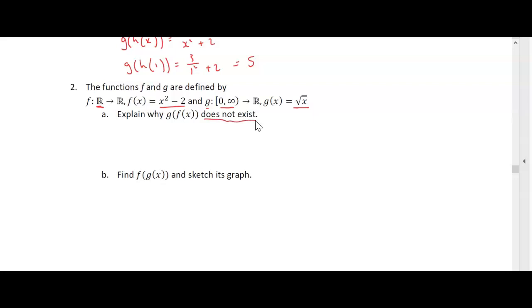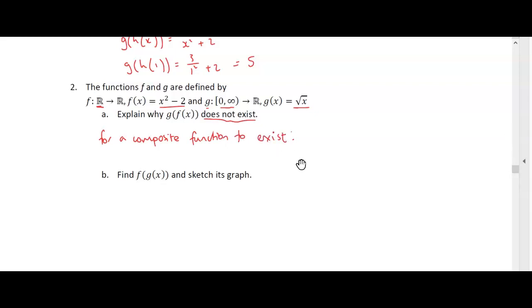Now, if you ever get a question like this for the composite function, you should know straight away we're looking at the range and the domain. So basically, for a composite function to exist,